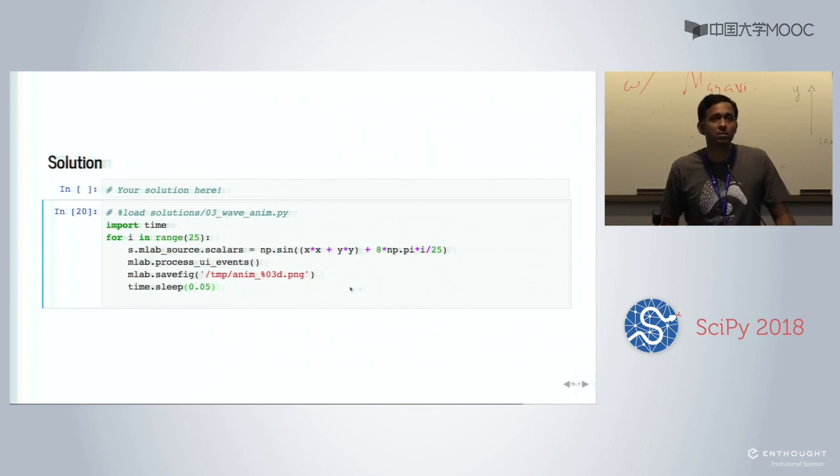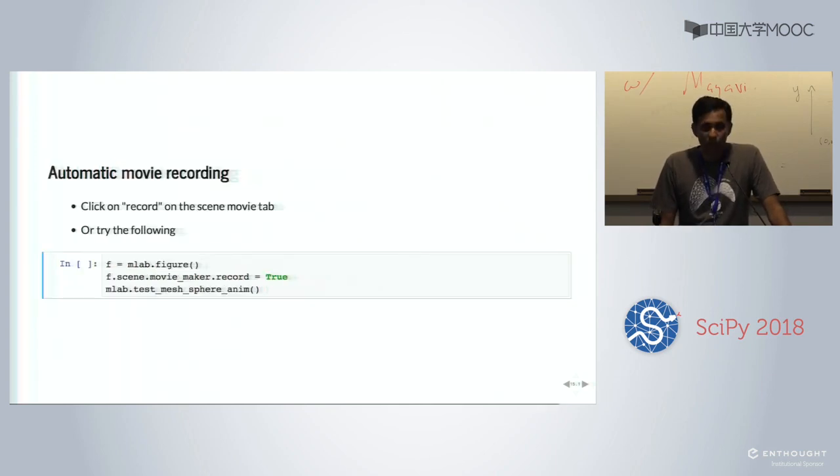Is that okay? Yes. I have version 4.6.0. That doesn't have the process UI events alone. The rest of it should work. I just added that thinking it would be a nice, easier way than having you write a decorator for every one of these. So, yeah. Any other questions? Can we move on?